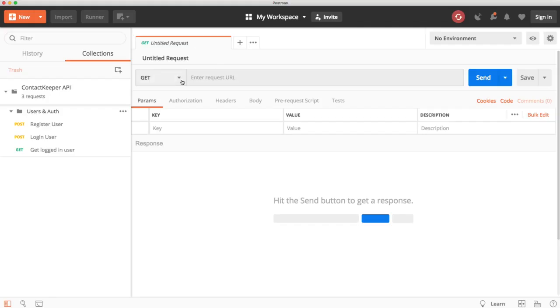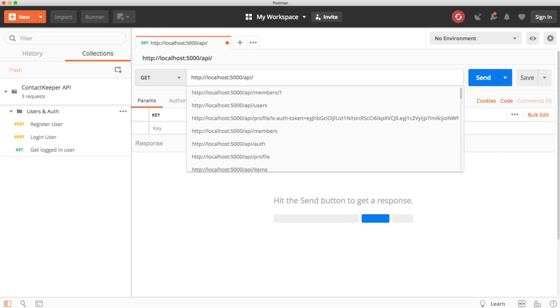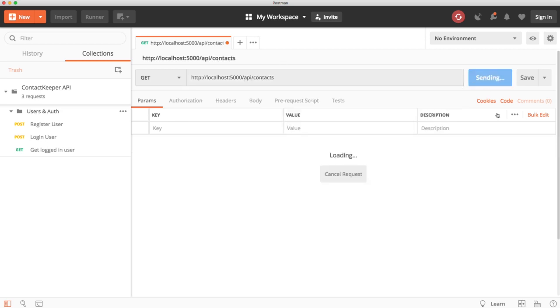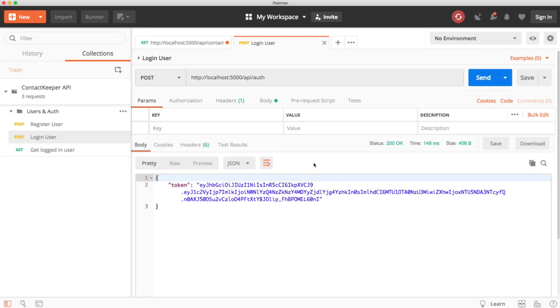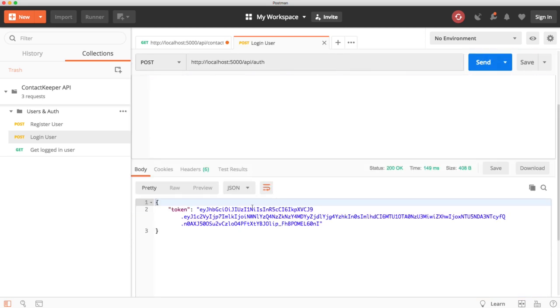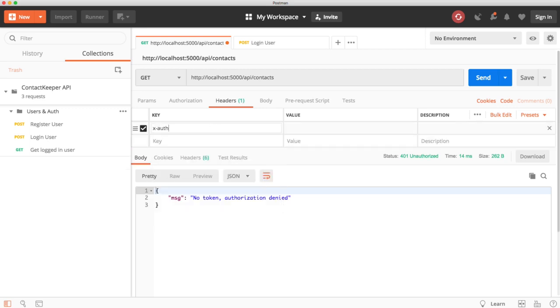Let's go to Postman and let's make a GET request to http://localhost:5000/api/contacts. Now, if I just try it like this, I get no token, right? Because this is a protected route. So let's go to login user, and I'm just going to log in. You can see in the body I have my John Doe user, and I'm going to copy this token here, and I'm going to add to the headers x-auth-token, paste that in there, and let's send, and you see we get an empty array